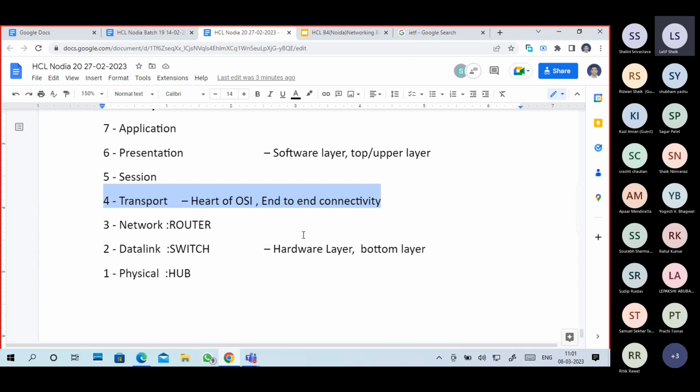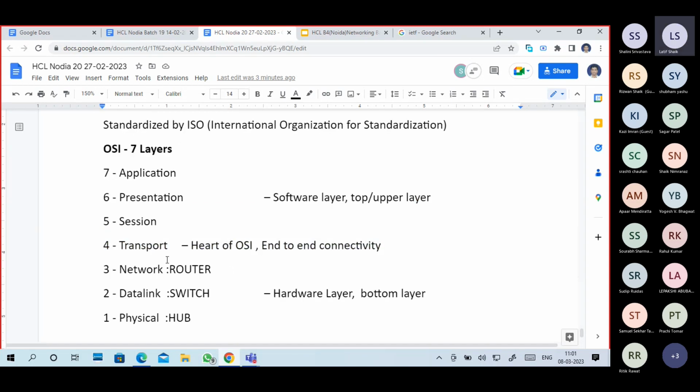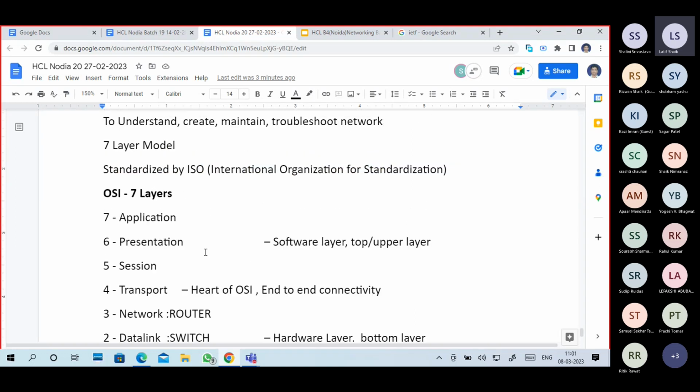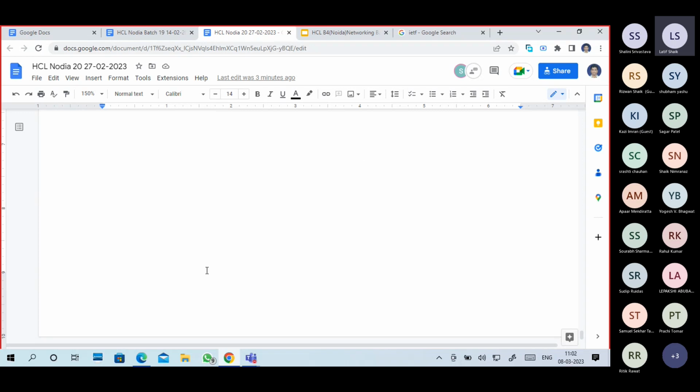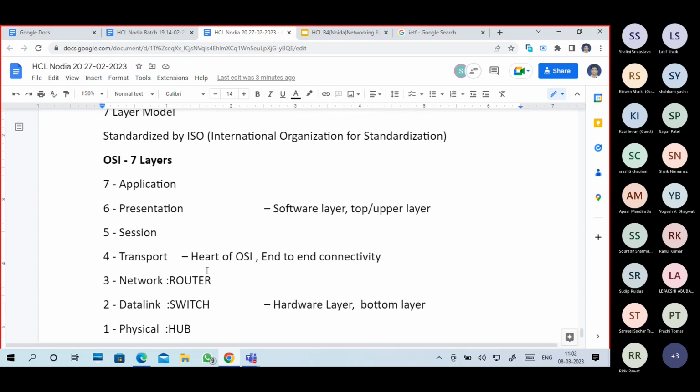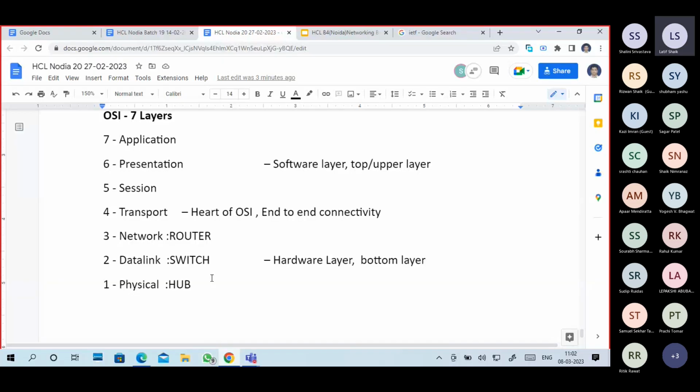Transport layer provides end-to-end connectivity. It is a part of the OSI layers. Of course, it is a part of the software side only, but still we don't put it into any category. It is like a software layer only. Guys, these are the 7 layers of the OSI model. You have to remember, read, understand it, practice it, and read it again. No other choice.